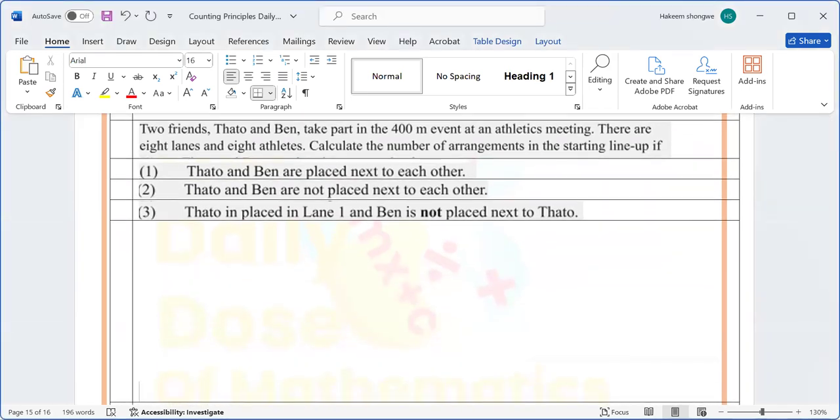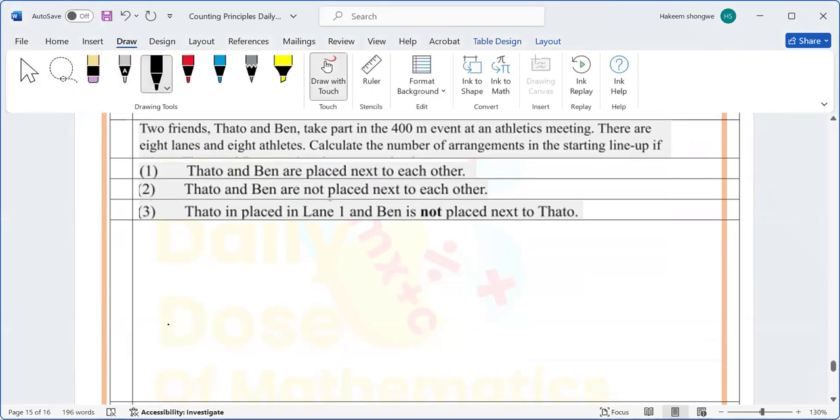But now there are 2. Doesn't mean the people who are going to be participating, there are 2. No? It's just that they are friends. We have 2 friends. And then all in all, we have 8 lanes. 1, 2, 3, 4, 5, 6, 7, 8. Probably we should have seen this when we are busy running. There was one lanes. We know it.